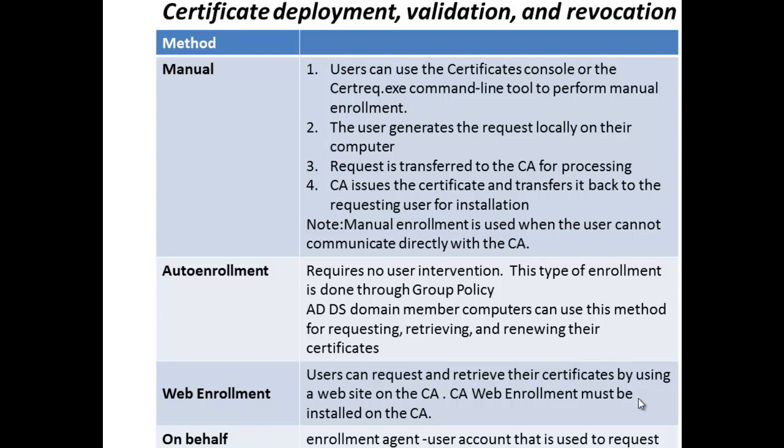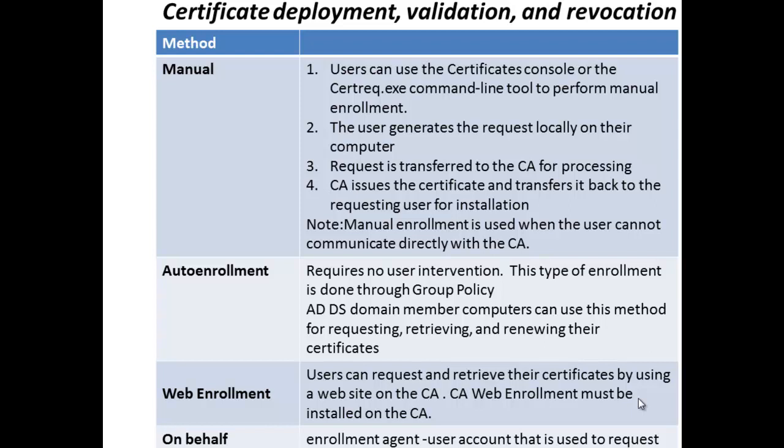A third method is web enrollment. In this method, users can request and retrieve certificates by using a website. If you're going to use this method, the administrator must install the web enrollment service on the certificate authority server. This method is used if the user is not a member of the domain or cannot contact a certificate authority